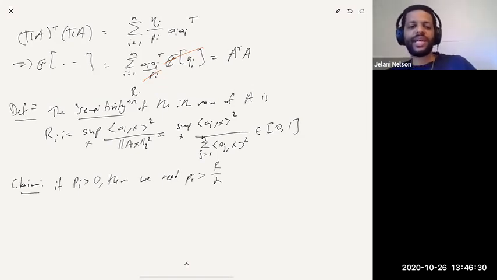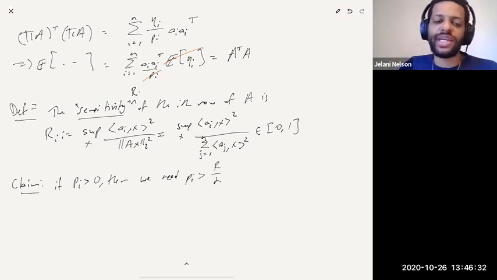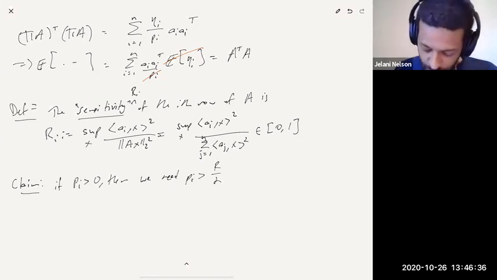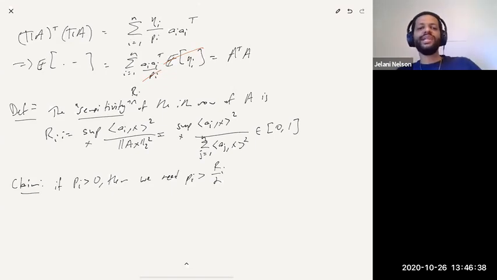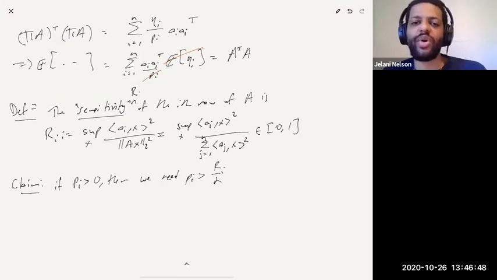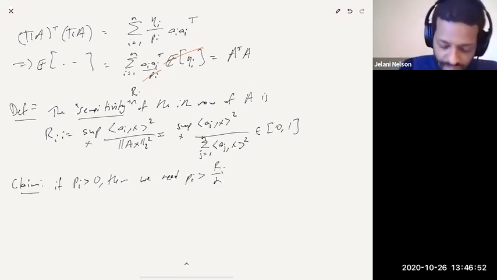Okay. So I'm saying, if it's not 0, there's no point in making it super small, some epsilon. It needs to be at least Ri over 2, sorry. Why is that? Remember, we want a subspace embedding, right? So if it's not 0, then there are some cases where I am going to sample this row. And if I am going to sample this row, that means that